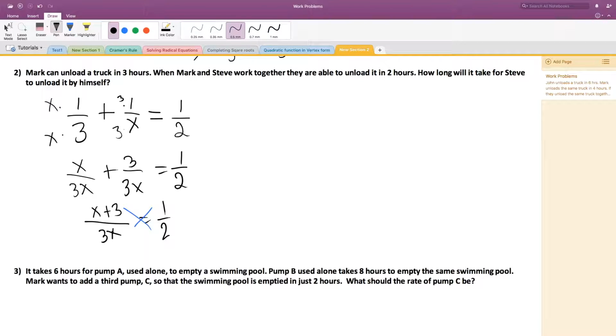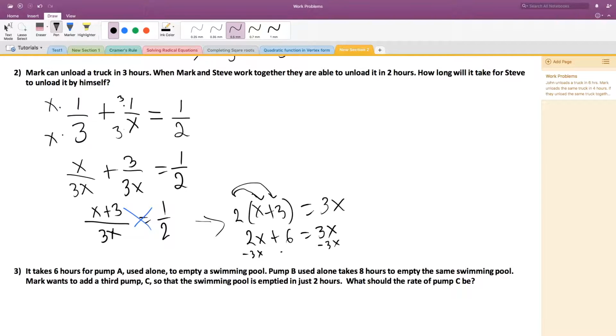Now if I do so, let me just do it here. I get 2 times x plus 3, and 3x times 1 would just be 3x, so we're going to get 2x plus 6 equals 3x. Now let's move the 3x to the side, so take away 3x from here, take away 3x from here, and let's move 6 to the other side, minus 6. So here I have 2x minus 3x is negative x equals, here I have negative 6, divide by negative,